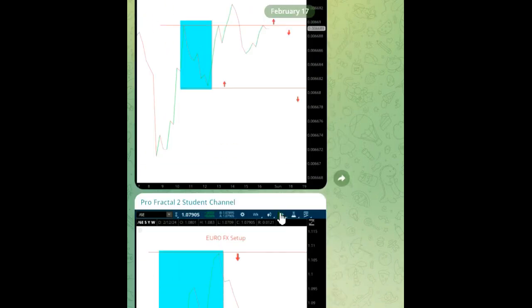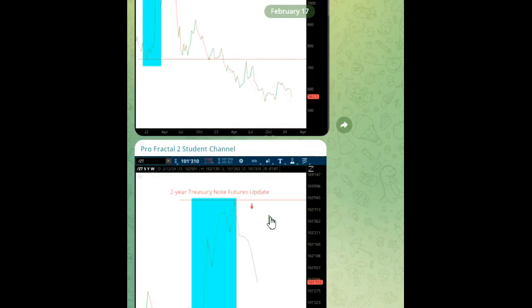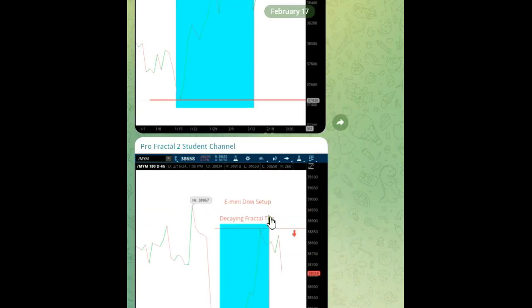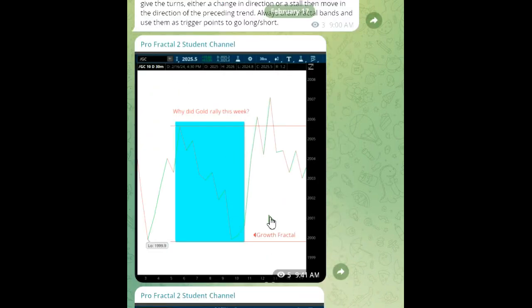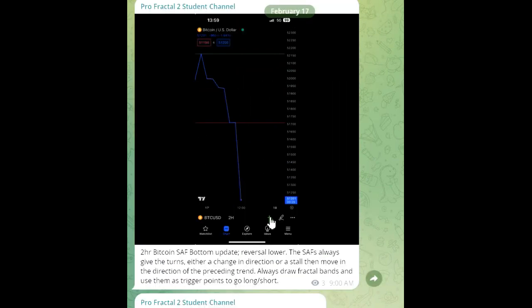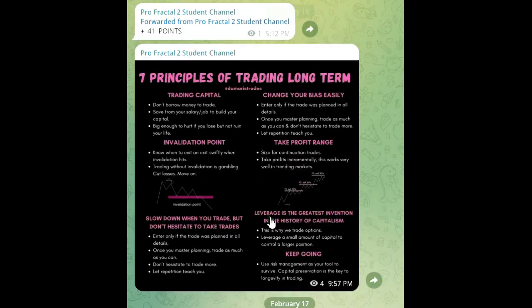Okay, so today you have a couple examples on different markets. If you can't find a fractal on a particular market, you can move around, all right? Any market you look, you're going to find fractal. And what we do, we look for,